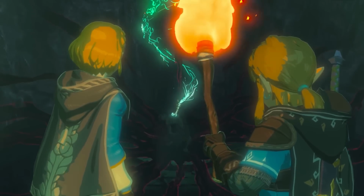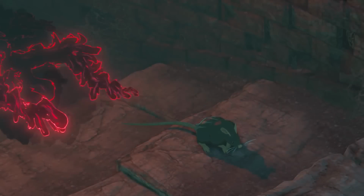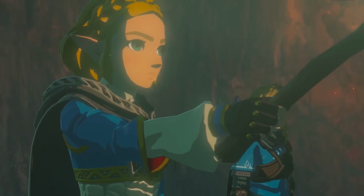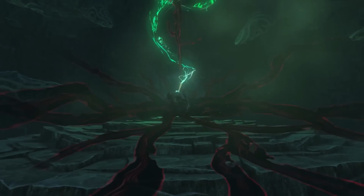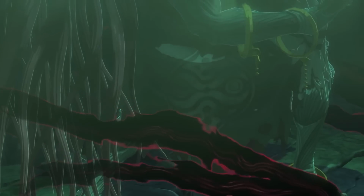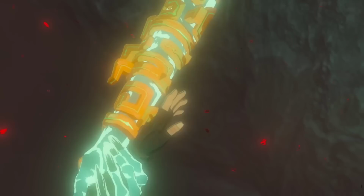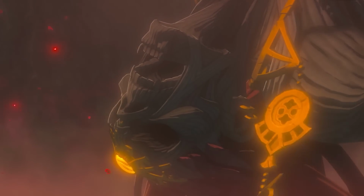However, when playing through the start of the game and actually exploring the caverns beneath Hyrule Castle, we realize how different they are when compared to the teaser, almost feeling like a completely different location, and events that played out in the trailer simply don't happen in Tears of the Kingdom. So, let's look back at the initial 2019 teaser for Tears of the Kingdom and compare it to the final